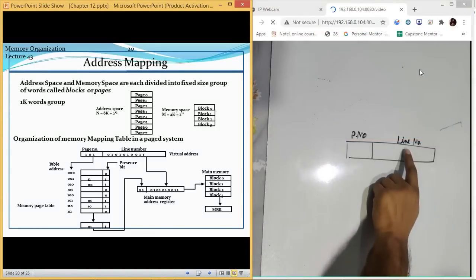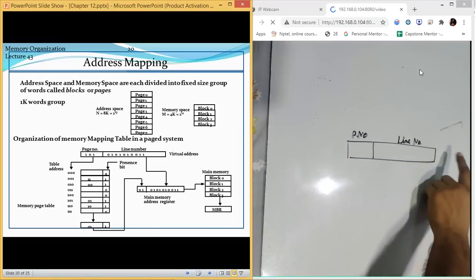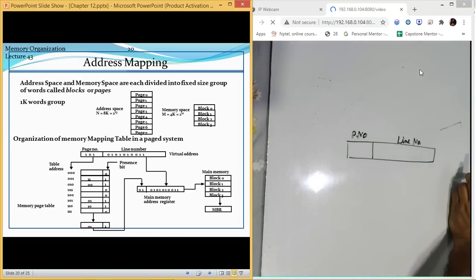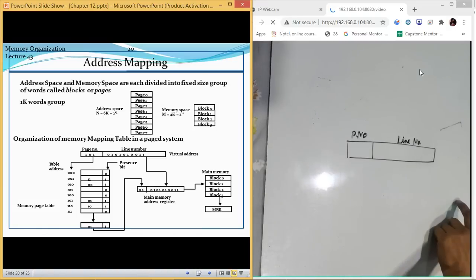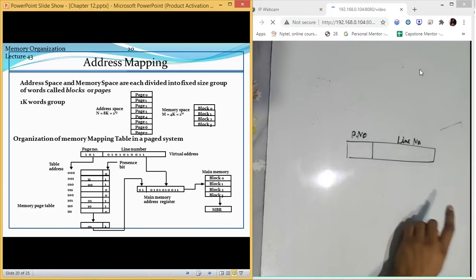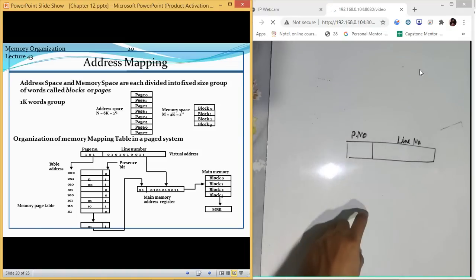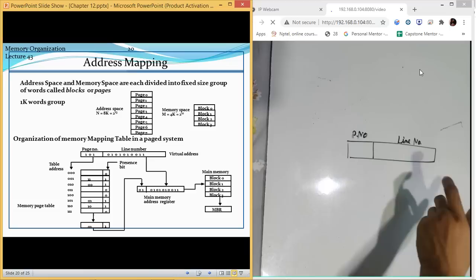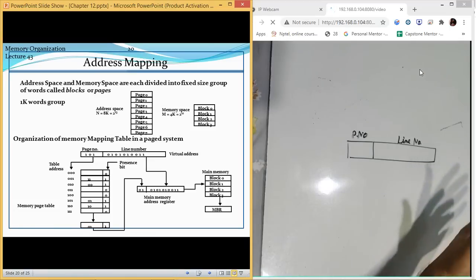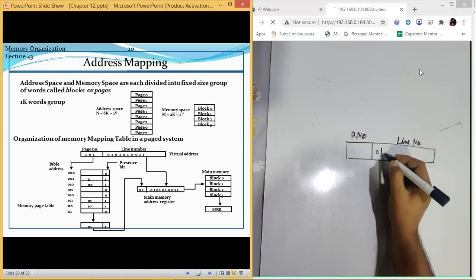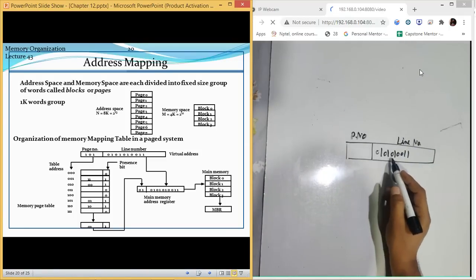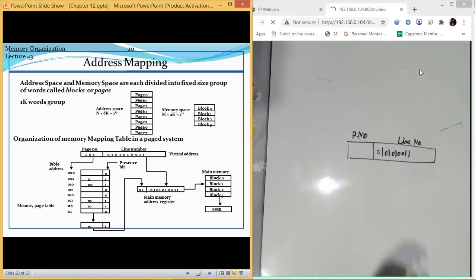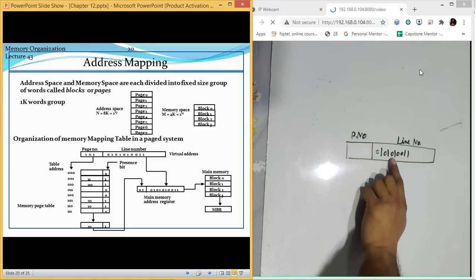Okay. So this line number is representing all those 10 bits which we need to refer that one word inside, either inside block or inside the page, because both page and block are having 1k words in it. So one block is having 1024 words, one page is having 1024 words. To refer that 1024 words, we will need 10 bits. So in this case, they have referred it like 01, 01, 01, 0011. So there are 10 different values in it.